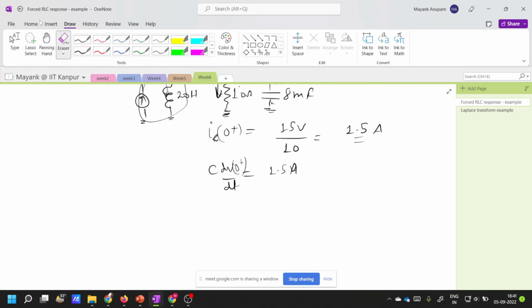Actually, this is required. I have removed it just for now. I will tell you how to understand. Basically, when you put it in the equation like this, it becomes easier, and all the values that you will be calculating, you will not need to use your brain after that. If you do not put a negative sign here, after calculating everything, you will have to put appropriate signs everywhere. So it is better practice to put a negative sign here. Okay, so let's go ahead with the negative sign. Minus dv0 plus by dt is equal to 1.5 ampere divided by